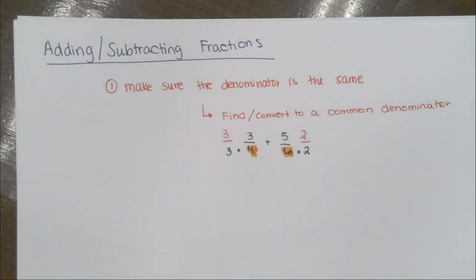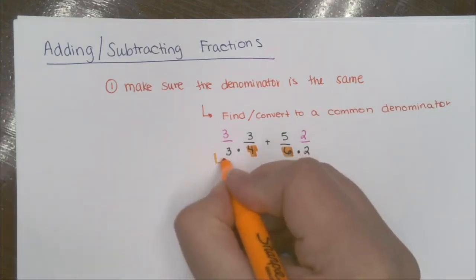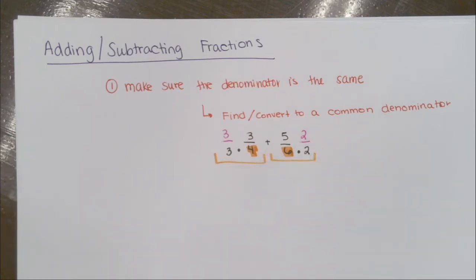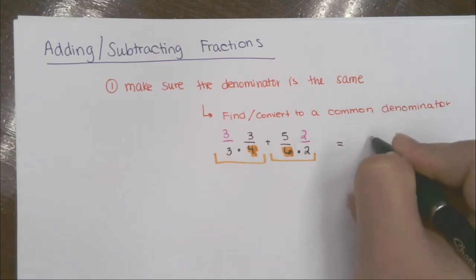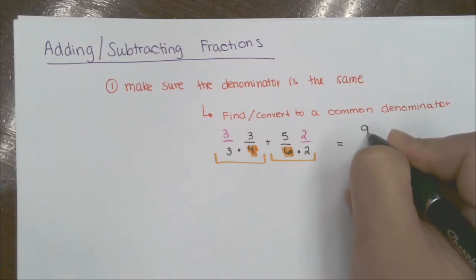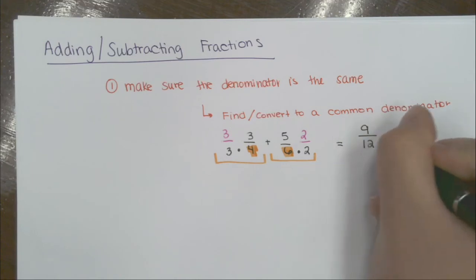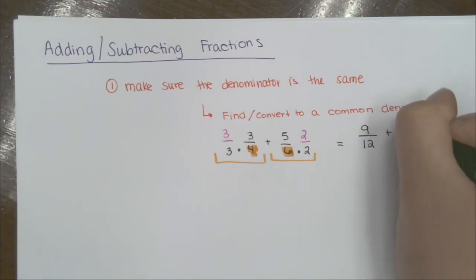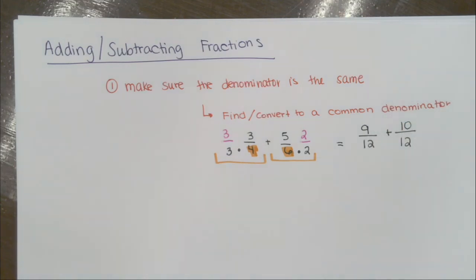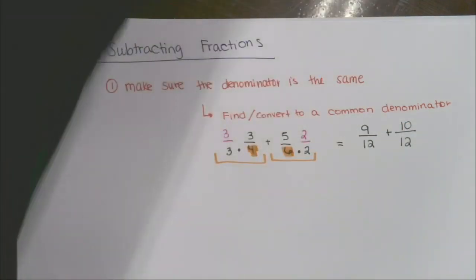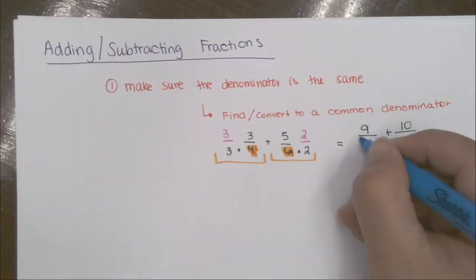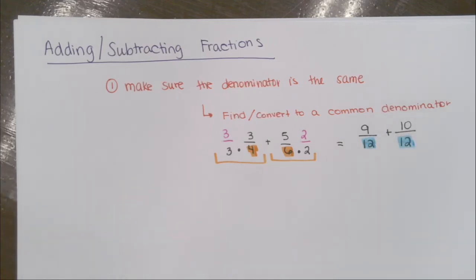So I'm separating out these fractions. You got 2 fractions. So we got 3 times 3, everyone says 9. 4 times 3 we have 12. Plus 5 times 2 is 10. 6 times 2 is 12. Now that you have the same number on the bottom, 12 and 12, all you need to do is step 2,